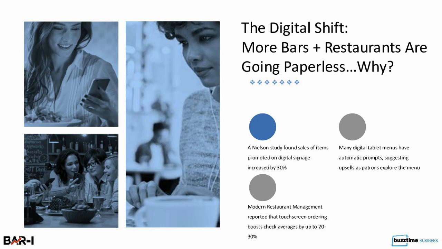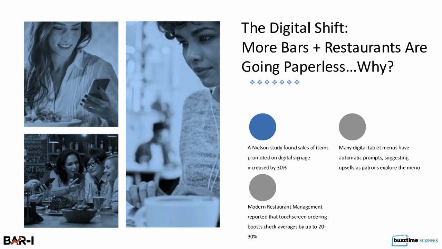So you'll see people, they're going to order a burger on their tablet and it'll be like, hey, do you want to get fries with that? Did you want an appetizer? Did you want to add another beer? It's all these built-in prompts into these different digital platforms that can help with upselling as well as creating a sense of urgency for the customer to purchase different items, and it makes it easier on your servers as well